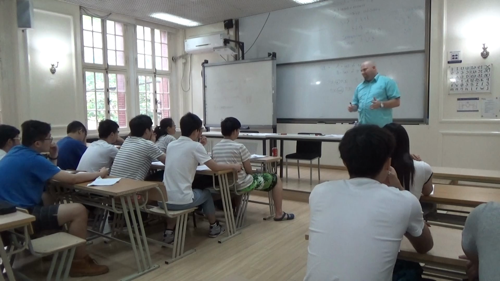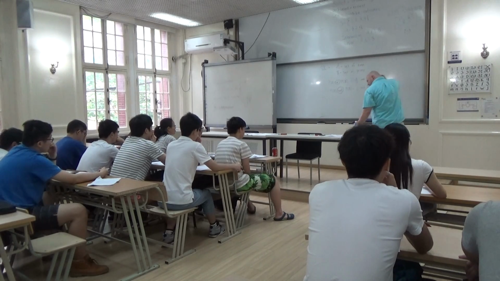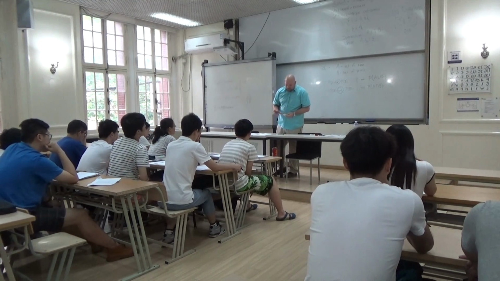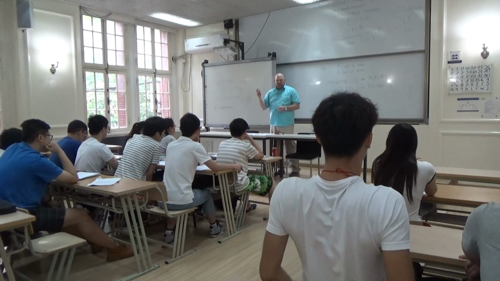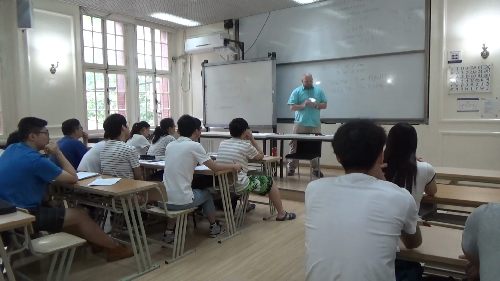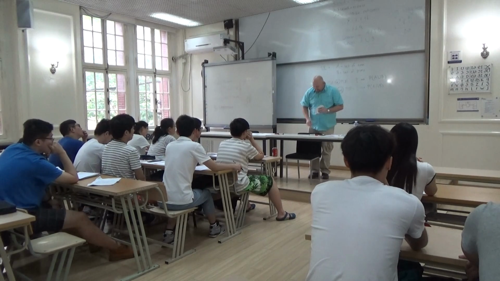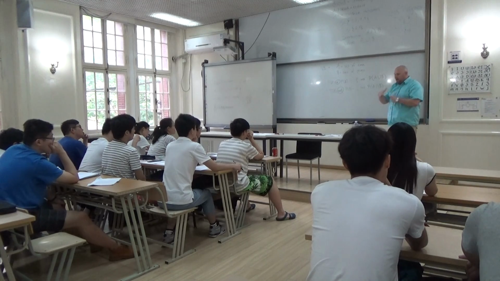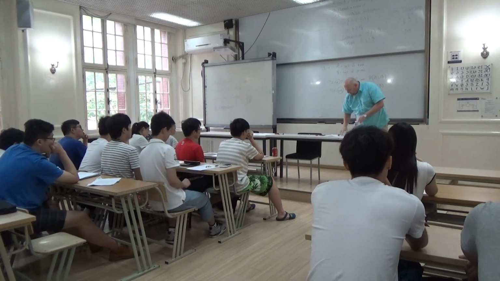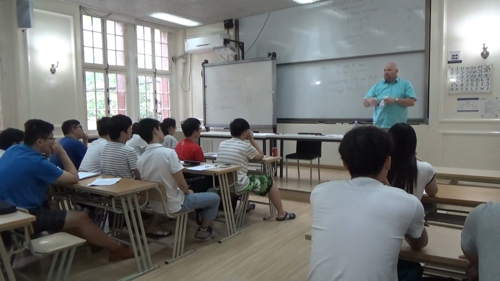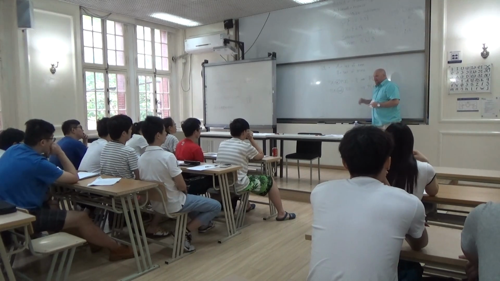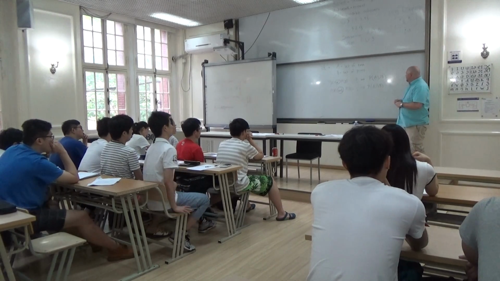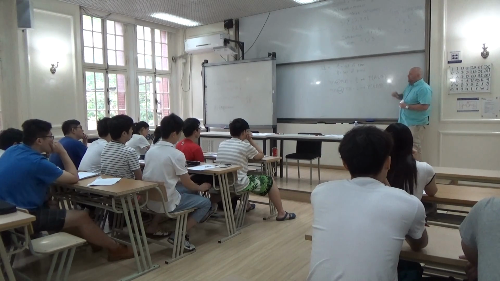Now, let's go to cards for a minute. You guys are familiar with cards, right? Let's go to a different example, just for a minute, before we go to our next example on the sheet that I gave you. I want to talk about this idea of or and and, or how to find the probability of A union B and A intersect B. I want to focus only on this.